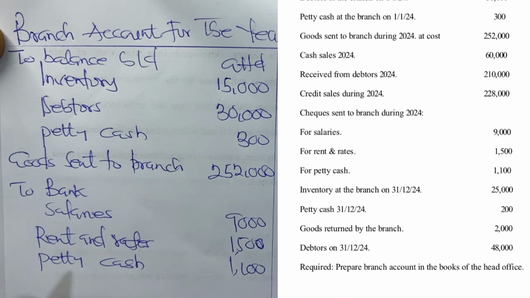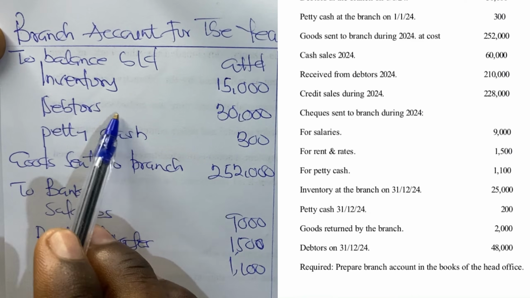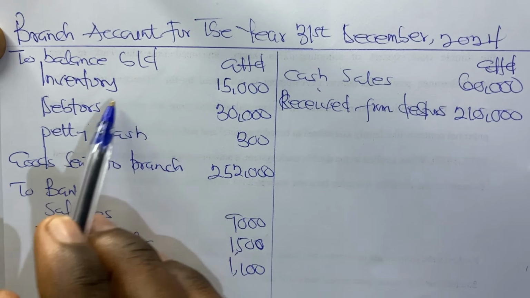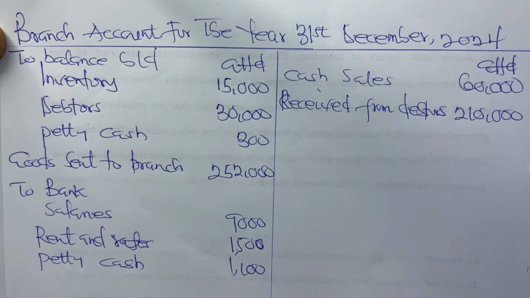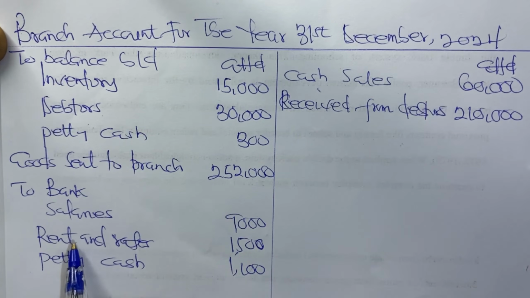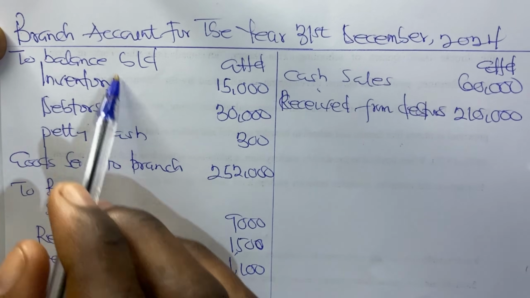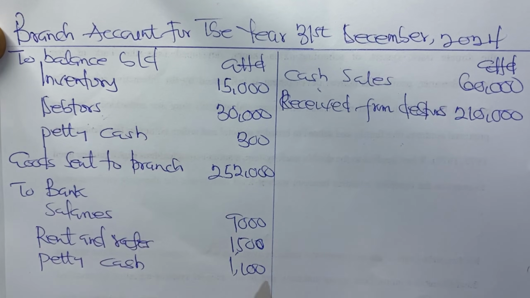Now, because we record the opening balances of asset at the debit side of branch account, the closing balance of asset will be recorded at the credit side of the branch account. And I also told you that if we have opening balances of liability to be recorded at the credit side, then the closing balance of liability should have been recorded at the debit side of branch accounts. Now, we don't have liabilities, we have assets. So because we record the opening balance at the debit side, we come and record the closing balance of assets